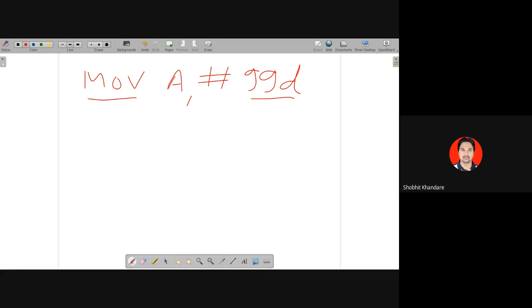You have an accumulator which is of 8-bit. Now the data which will be moved into the accumulator is number 99D. So decimal number 99 will be moved into this accumulator. That is the meaning of this instruction, MOV A, #99D.